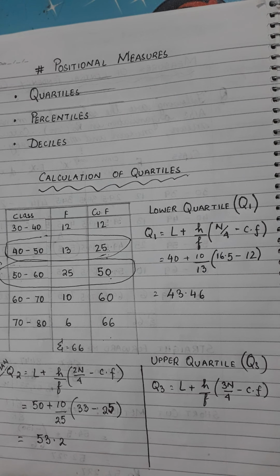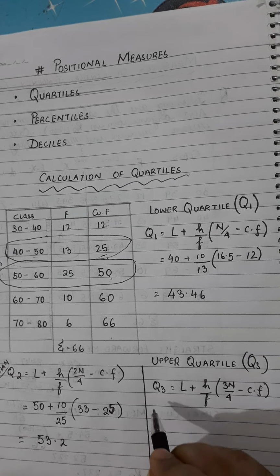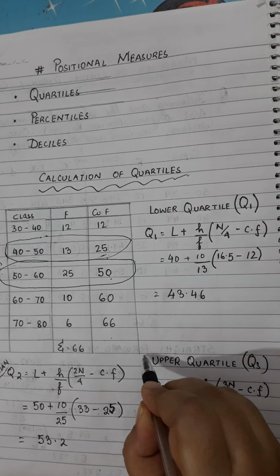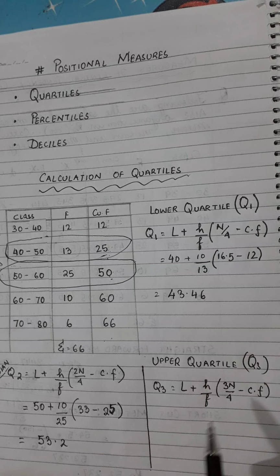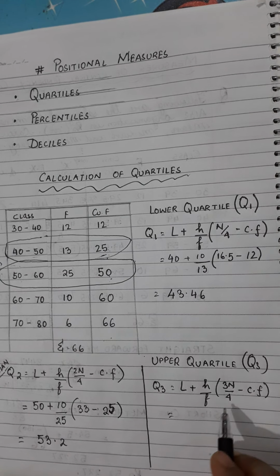Then the third quartile which we will be talking about is the upper quartile. Upper quartile, here we have to find that particular value which will correspond to the 3n by 4th item, where n by 4 is 16.5, so 3n by 4 means the 49.5th item. So we have to find out the 49.5th item in this case. For Q1 we found the 16.5th item, for Q2 we have to find the 33rd item, and here we have to find 3n by 4,